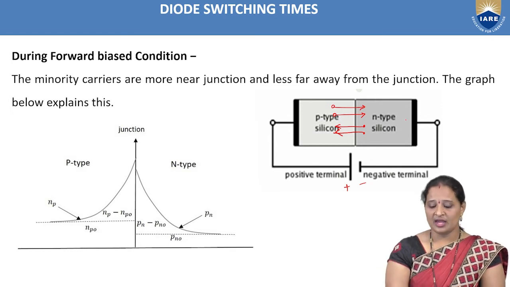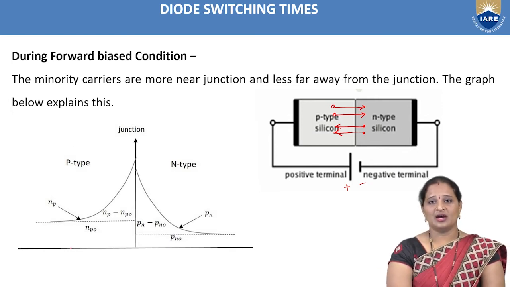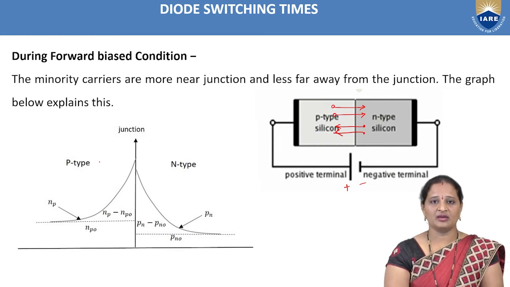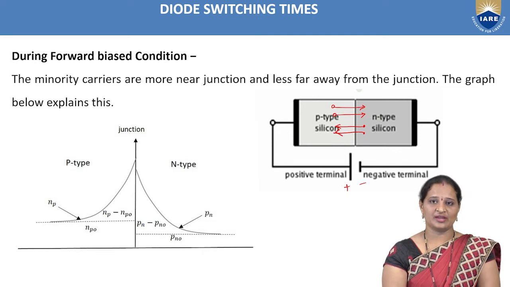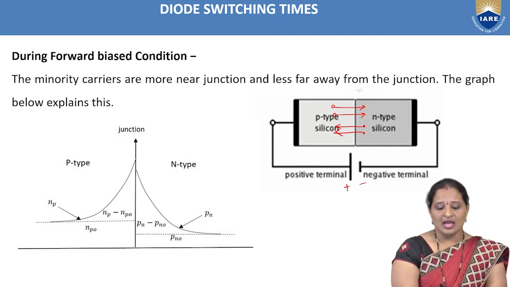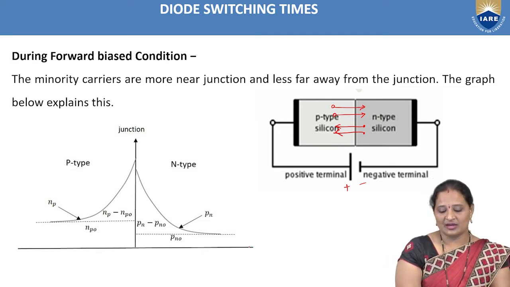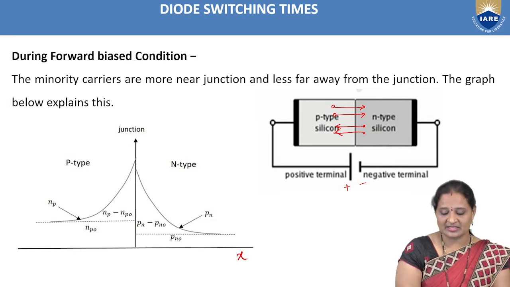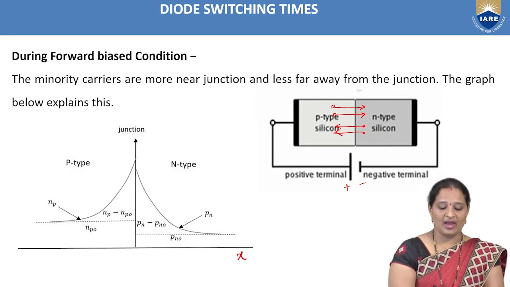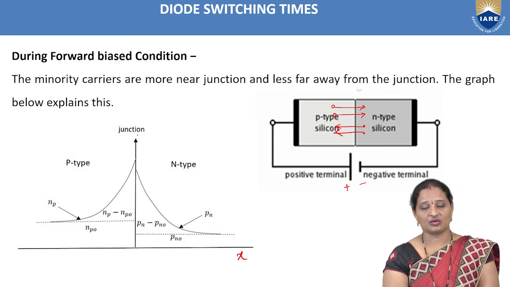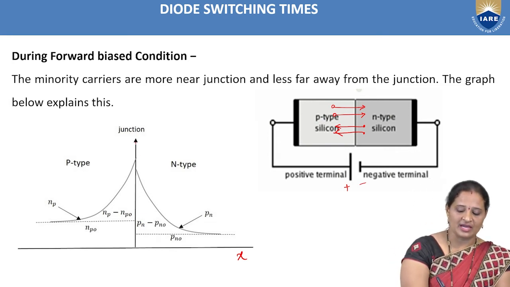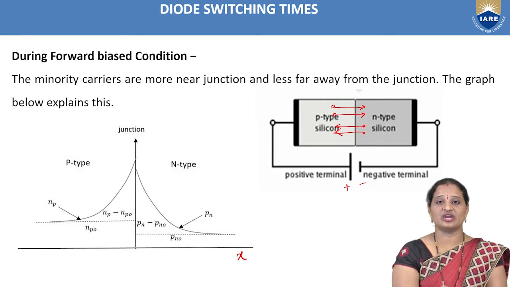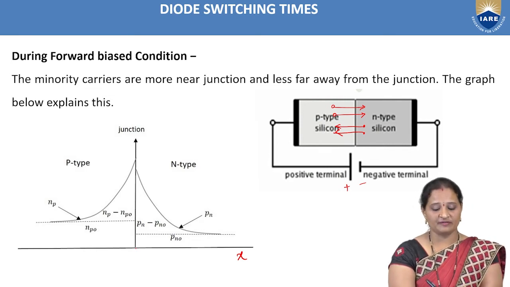So that is why here we have a graph which is showing the variation of carrier concentration when forward biasing is applied to the p-n junction diode. Here, on the x-axis we are representing the distance, and on the y-axis the carrier concentration. Here we have a straight line which is representing the junction,